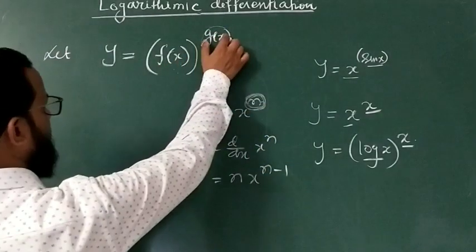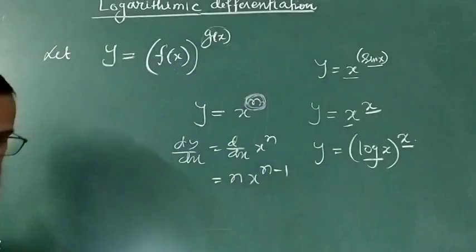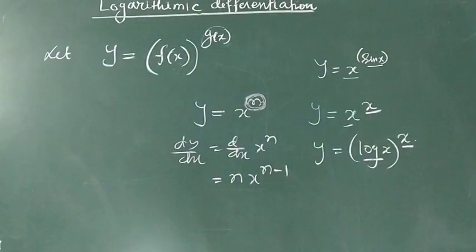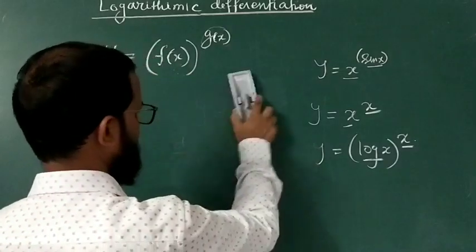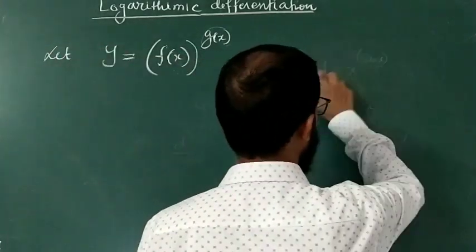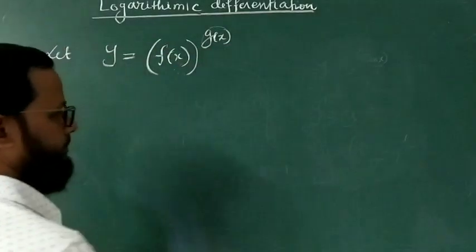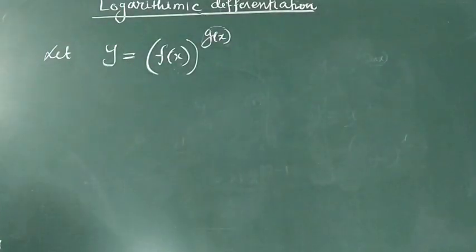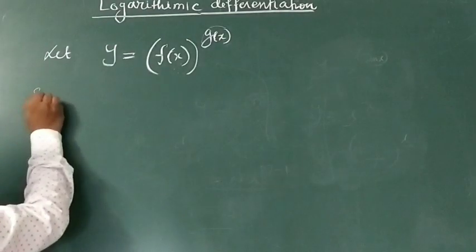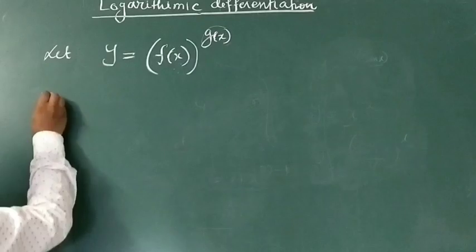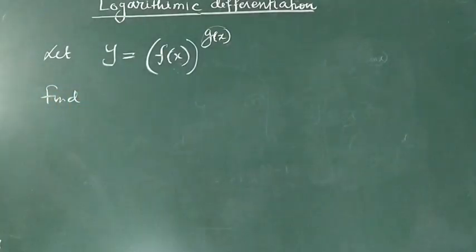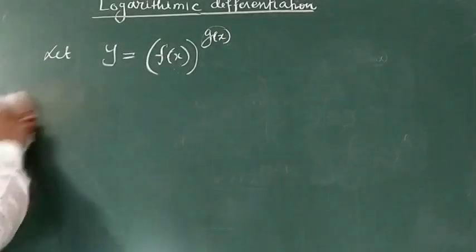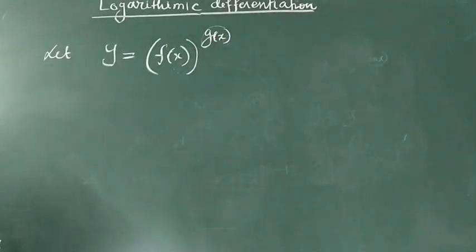If a function is raised to the power of a function, then this time what will we do? We will take the logarithm first and then find the derivative of the function. So take an example first. Let us discuss this particular result. If we take the derivative we will get